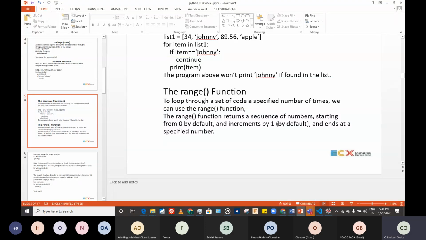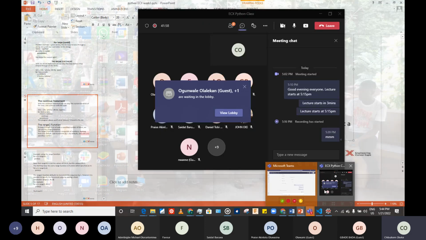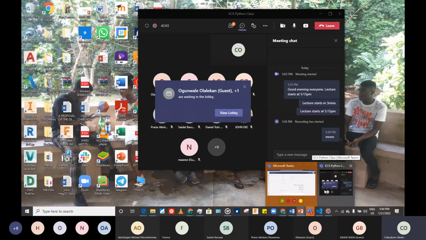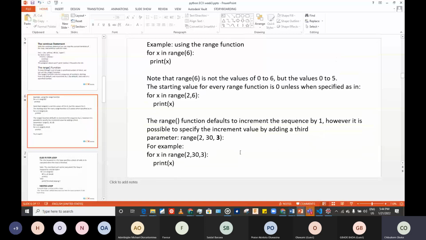And the range is used basically in looping. You can use range to generate a list, you can use range to generate anything, but the main thing is that range is used very often when it comes to looping, anything that is repetitive. Range just gives you an idea of how many times we are supposed to go through this. That's what the range does. All right,